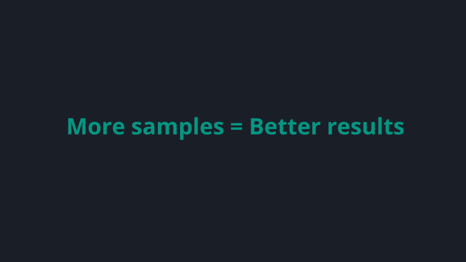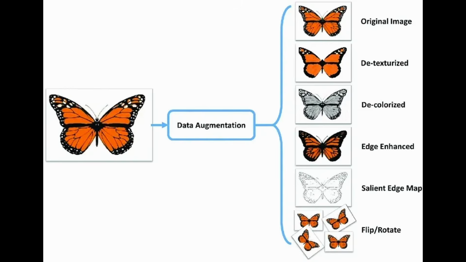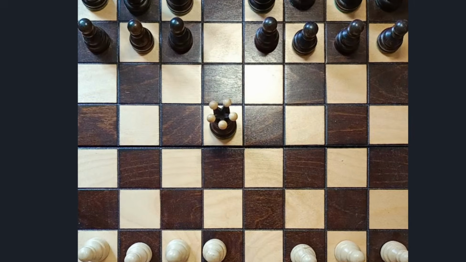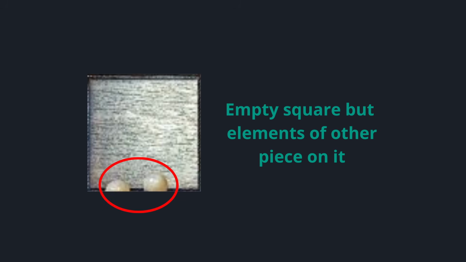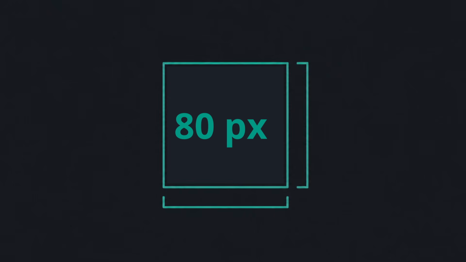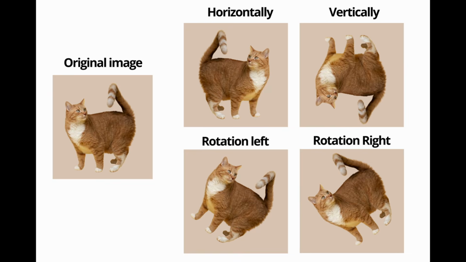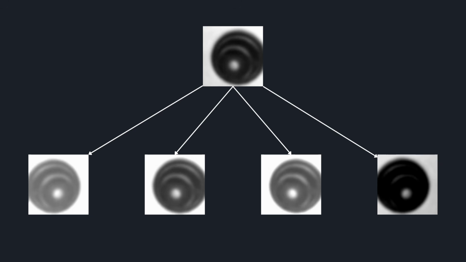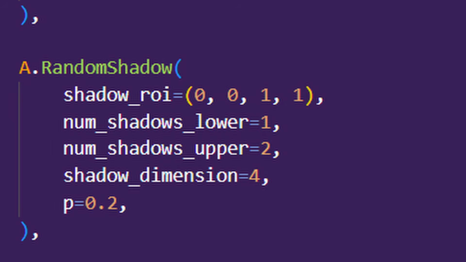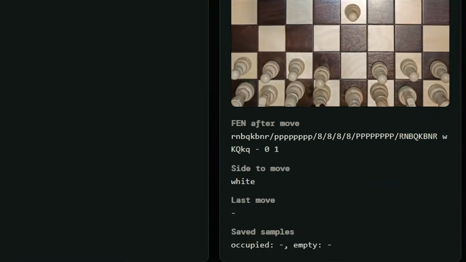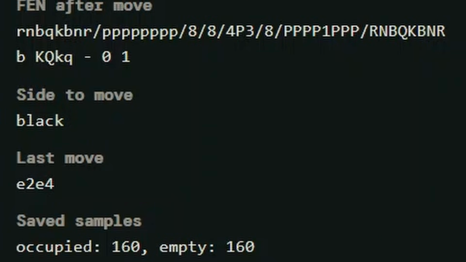More samples mean better results, so I added a data augmentation step as well. First, to avoid dark cell borders and pieces bleeding in from neighboring squares due to the camera perspective, each patch is cropped by 10 pixels on every side. Then 4 copies of each square are generated. Each augmented copy is assigned a randomly generated combination of transformations, such as brightness changes, blur, horizontal flip, or artificial shadows. This means a single move on the board produces 320 labeled samples, and as a result, the dataset grows